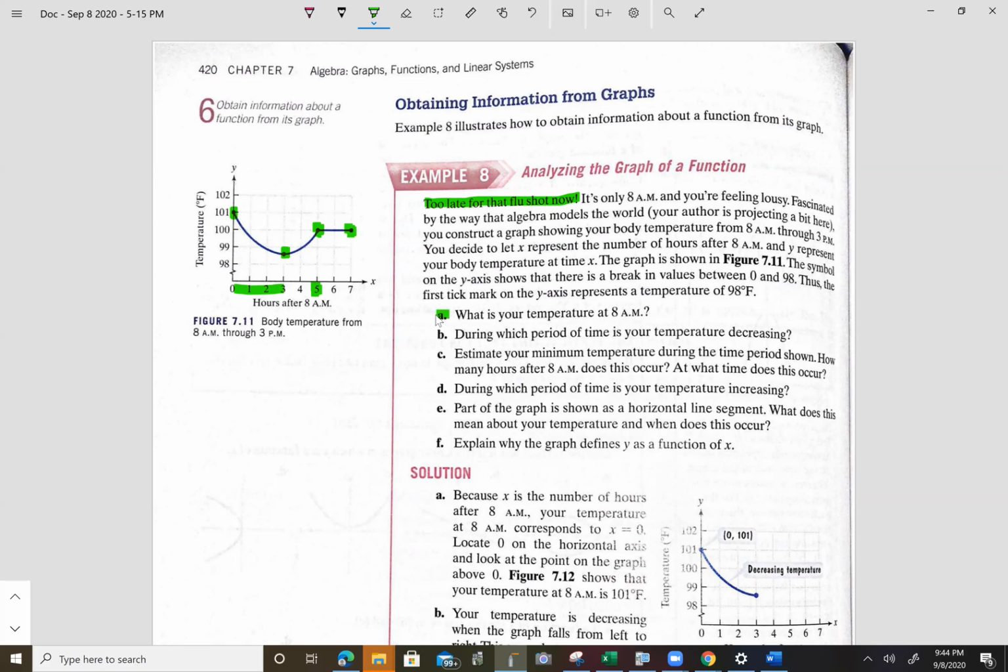So we figured out what your temperature is at 8 a.m. Part B, during which period of time is your temperature decreasing? Well, that is between 8 a.m. and 11 a.m. It is decreasing between, I'm looking at the graph now, 8. See how it's going down? It's decreasing between 8 and 3 hours after 8, which is 11. Estimate your minimum temperature during the time period shown. So the lowest it gets is approximately